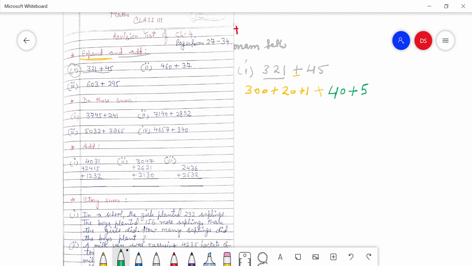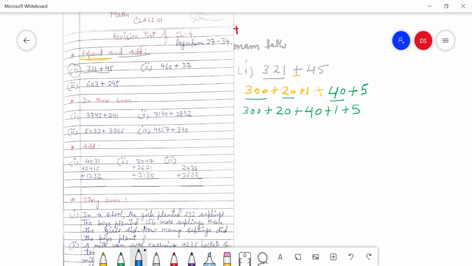In this type of sum, we will take the numbers having the same number of digits together. As you can see here, 300 is of 3 digits, so we will take it separately. The 3-digit number is only 1, so we will write 300 only. Then we have 2-digit numbers and 1-digit numbers. So we will take the 2-digit numbers separately now, 20 plus 40. Then the 1-digit numbers are remaining. We will take these numbers at last, 1 plus 5.